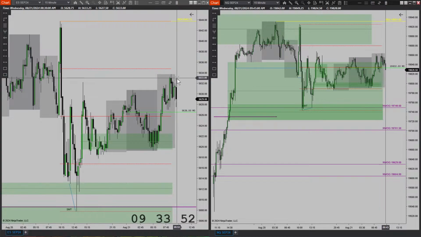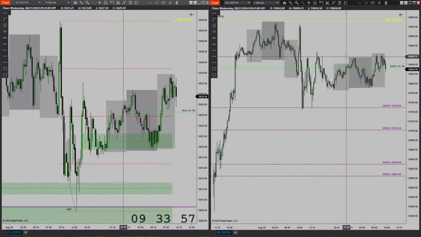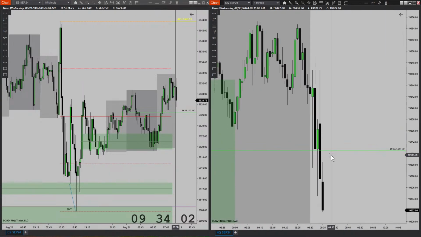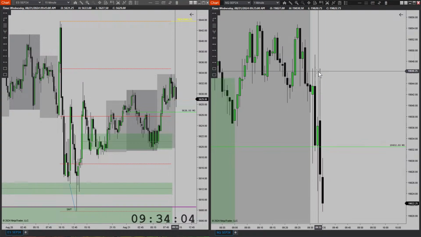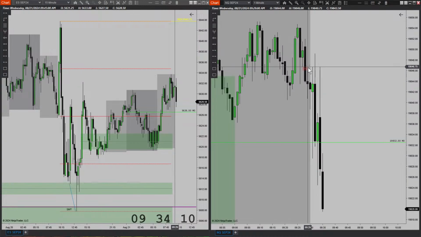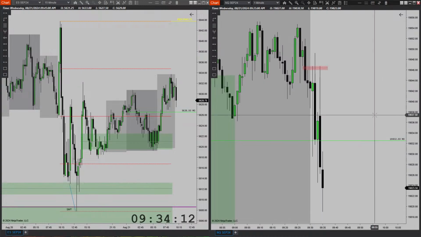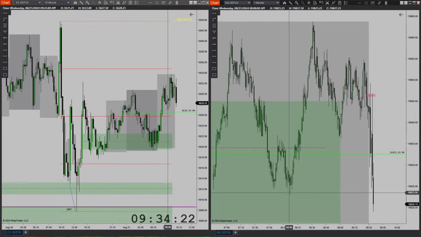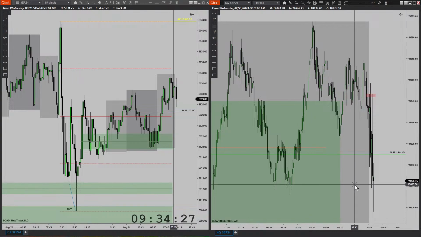Actually, there is no SMT at the highs. Maybe this high here. Let's take a look at this 1 minute here. Yeah, I wouldn't get in here. Oh shit, this was the entry here. Damn. Yep, that was it right there. This high was swept. This high wasn't swept. Okay, so now we have SMT.